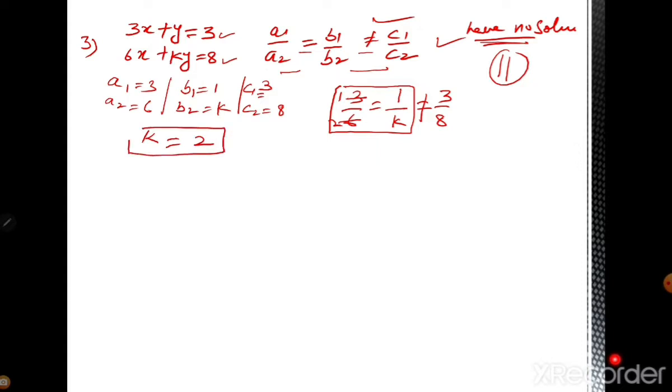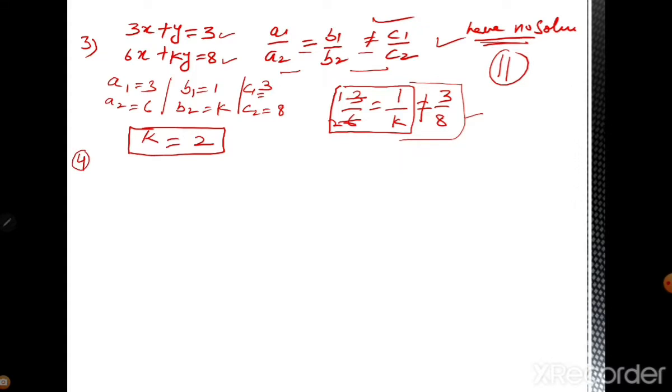So for what value of k does the given pair of linear equations have no solution? k is equal to 2. If we take the other two, then no such value of k exists, so that's why we are going with only the first two cases. This type of question may come in your first section, part A, questions 1 to 16, and each question gets 1 mark. So it will be a very simple, formula based question.